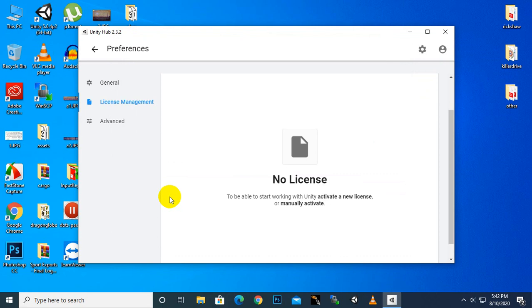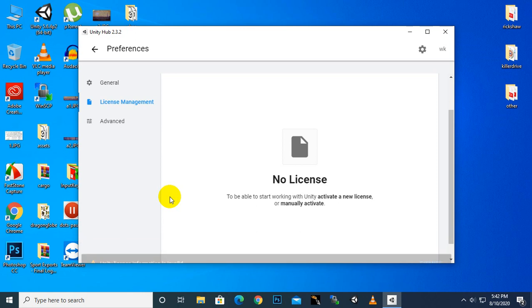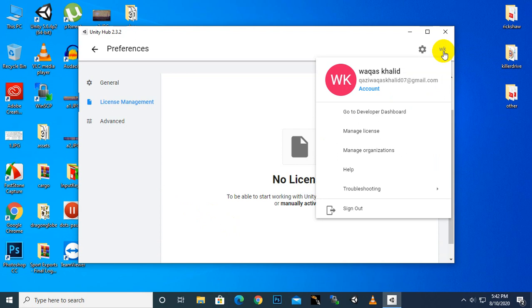So now it's logged in. I hope the Unity license information is invalid. So now I'm logged in, and you can see an icon here and the